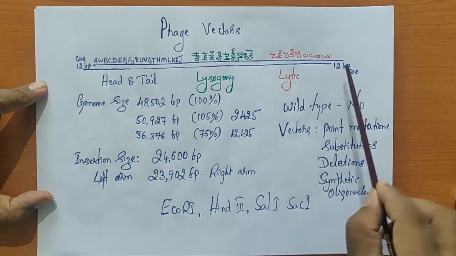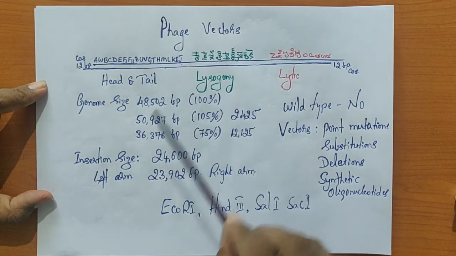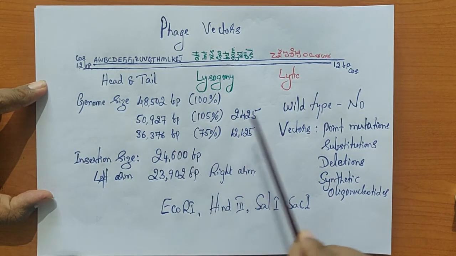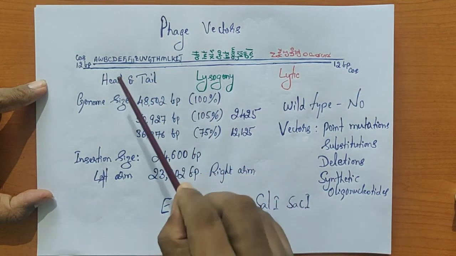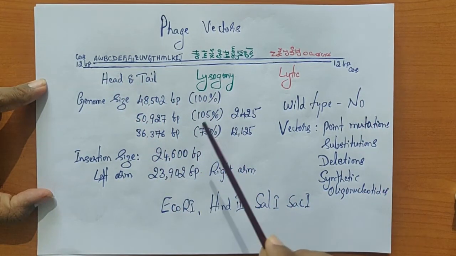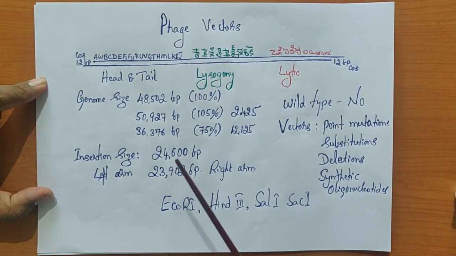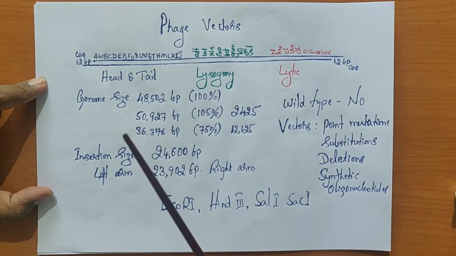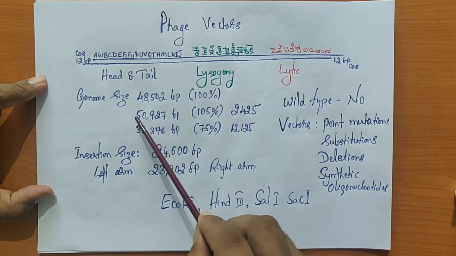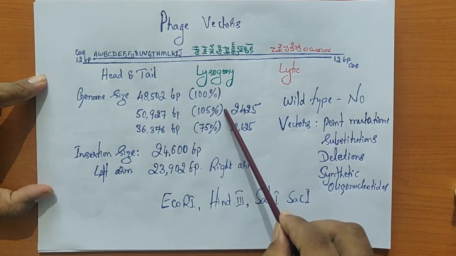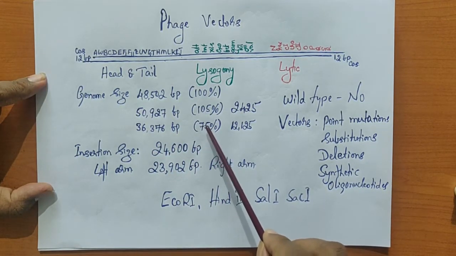Now, when you look into the wild type, the wild type for sure does not encourage being a good candidate for the generation of vectors. For the purpose of recombinant DNA technology, any vector we design should get into the lytic cycle but not the lysogeny cycle. Because it can accommodate 105%, and a minimum of 75% of DNA is required,